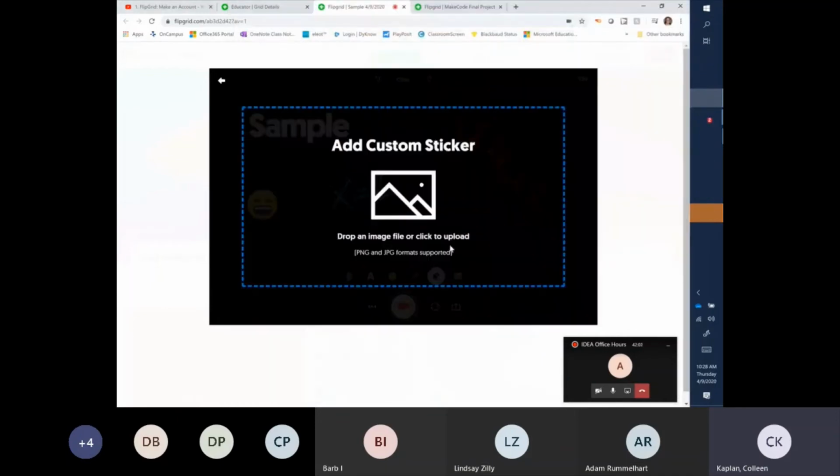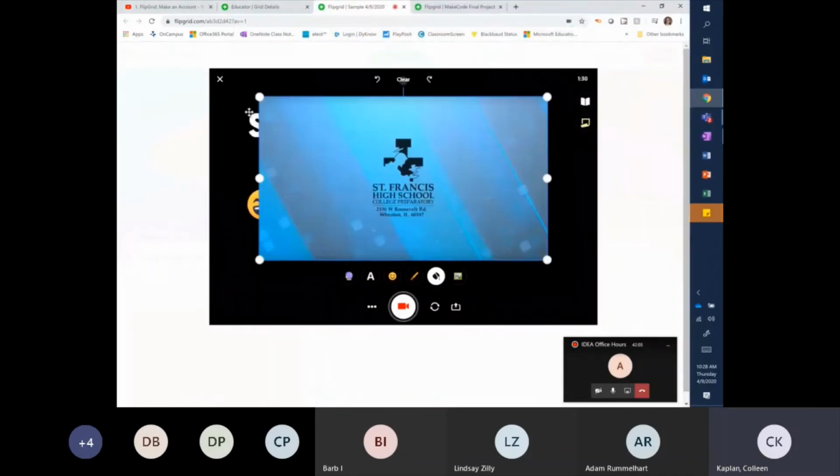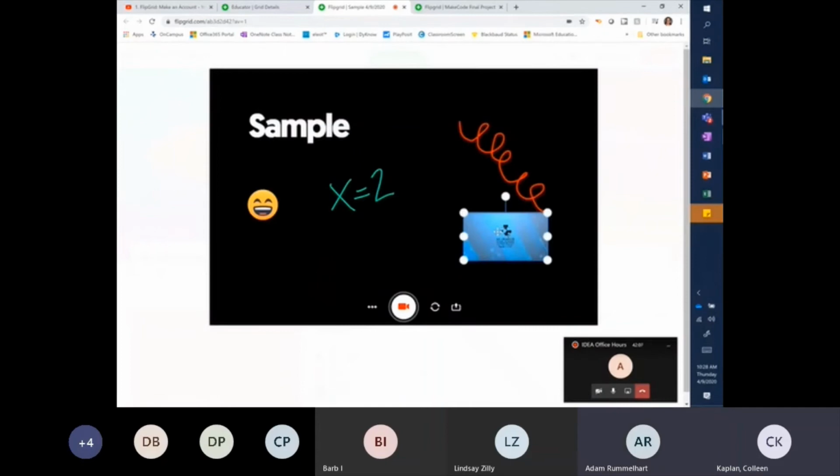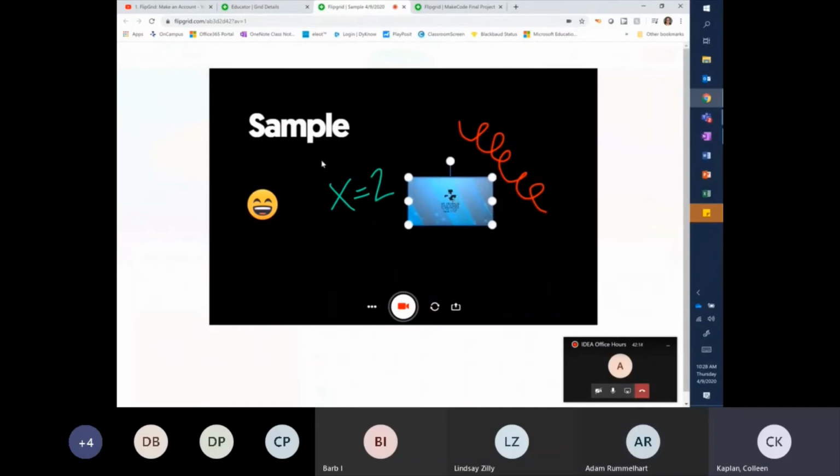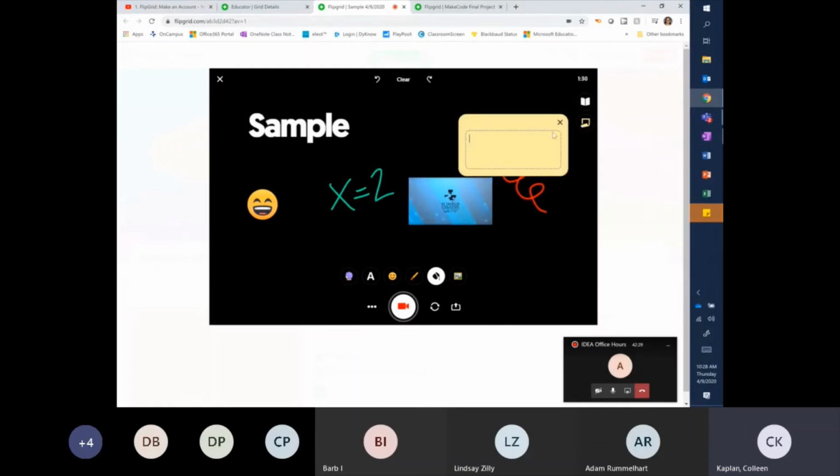So let's use this one. So any screen snip that they can grab, anything off of the internet, they can grab all of these things and add them. Now this looks like a very cluttered screen because I'm showing you all of the toys at once, but these can also be pulled in one at a time. You can tell them to only use the drawing function, whatever it might be. So before we actually go to record, the other great tool here